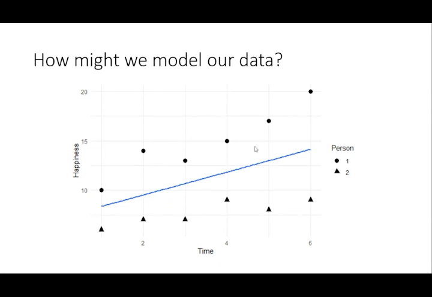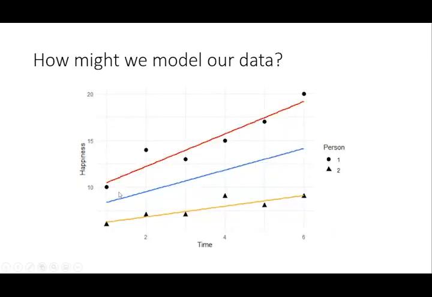We're finding the average trend, but what would be more interesting is to look at the average trend and then create a line or a trajectory for each individual. These lines don't have to be parallel. We can look at different individuals and give them different slopes. This allows us to look at the variation between individuals, which is between the different colored lines, and the variation within individuals, which is the differences between the dot and the line around that.